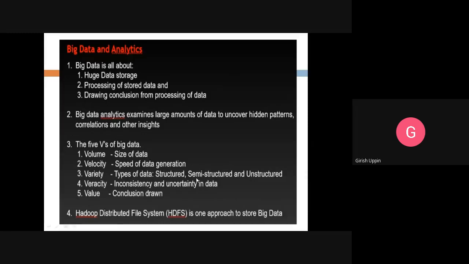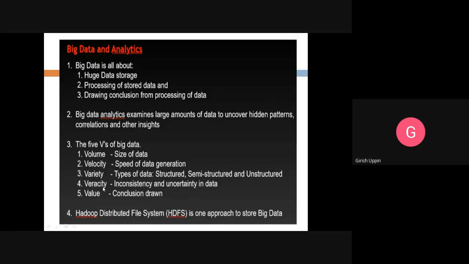Semi-structured is where some part is not structured and some part is structured. Unstructured data could be in any kind of form. There is not really any kind of structure associated with that particular data. It can be in the form of text, video, audio file, or image file. Those are unstructured data. So big data might comprise structured, semi-structured and unstructured data.